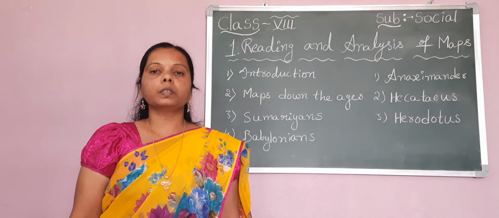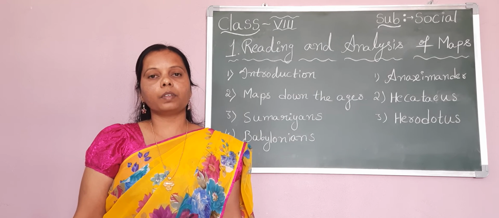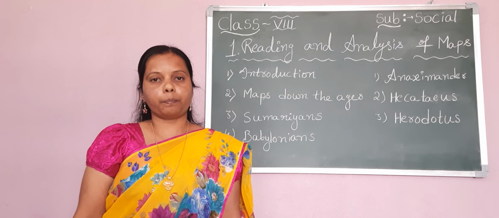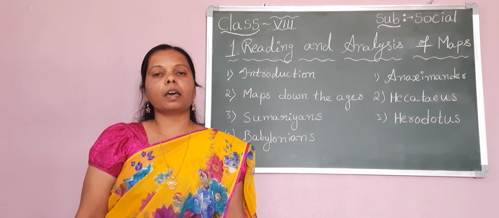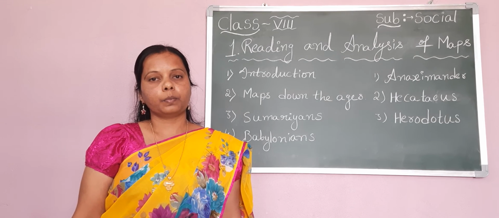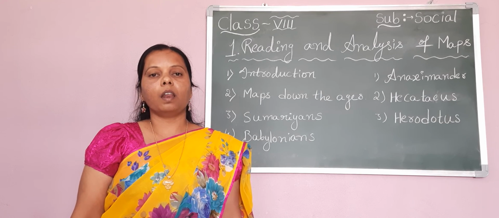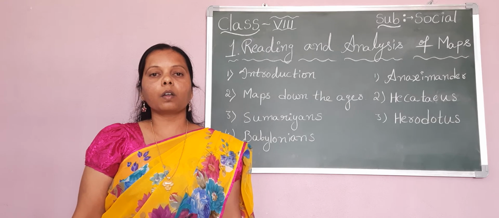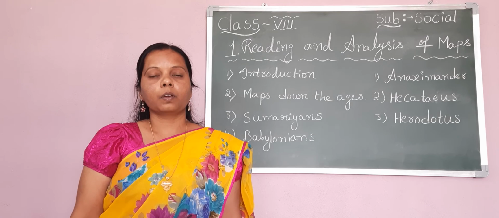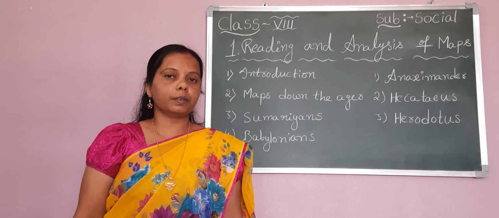And for that, they took equal lengths of shadows. So, with the help of the latitudes and longitudes, they made a grid on the map. And they arranged the places east to west and north to south. It is not a very easy task to prepare these latitudes and longitudes. It took around 2000 years to get this grid. The use of the grid is that we can locate places very easily.